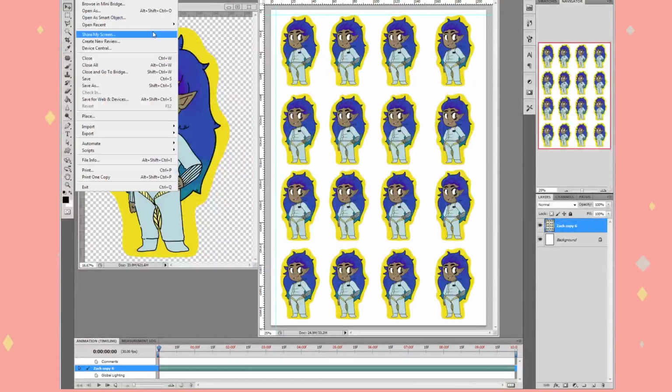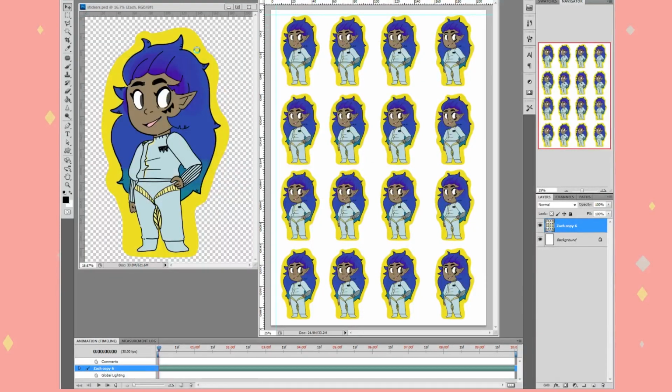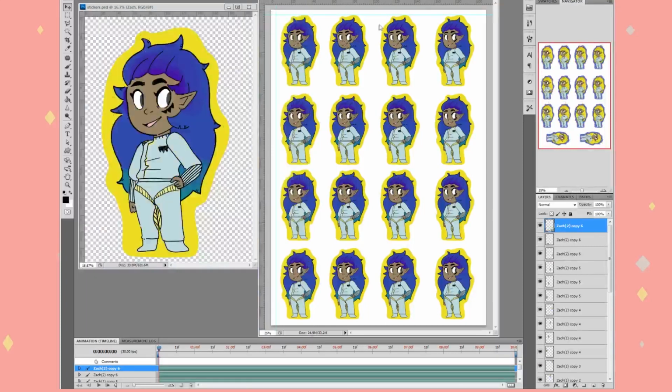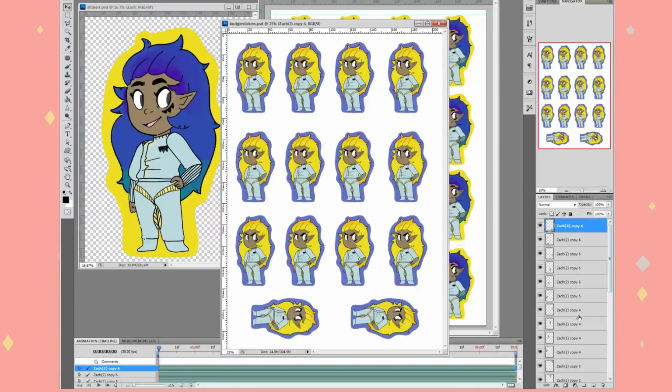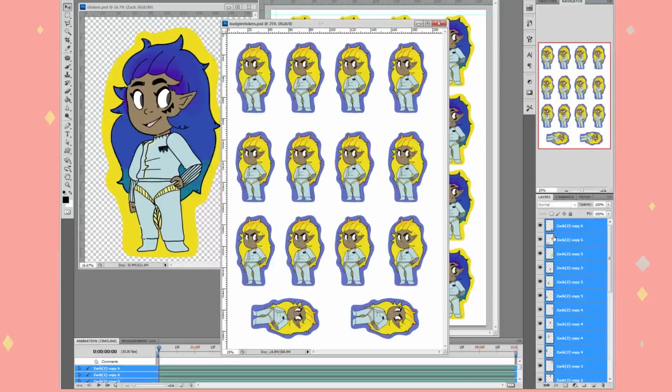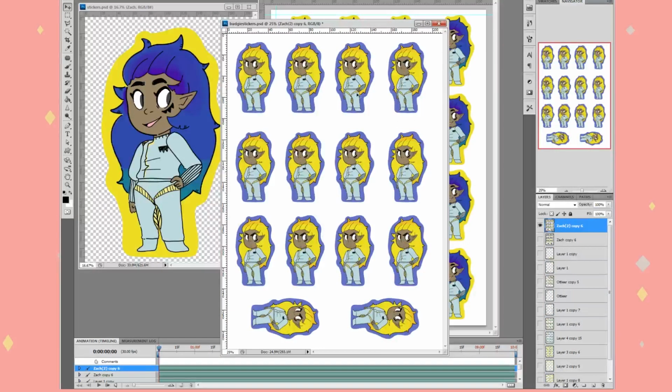So what I do have is, I already have a file called Budgie Stickers. It's not just Budgie Stickers, and as you can see here, I'm going to merge all of these, and you can see that I've left big gaps between these because I thought it was a little bit closer than expected, but I can now work with this and I know that I can fit more on. So you have that one,